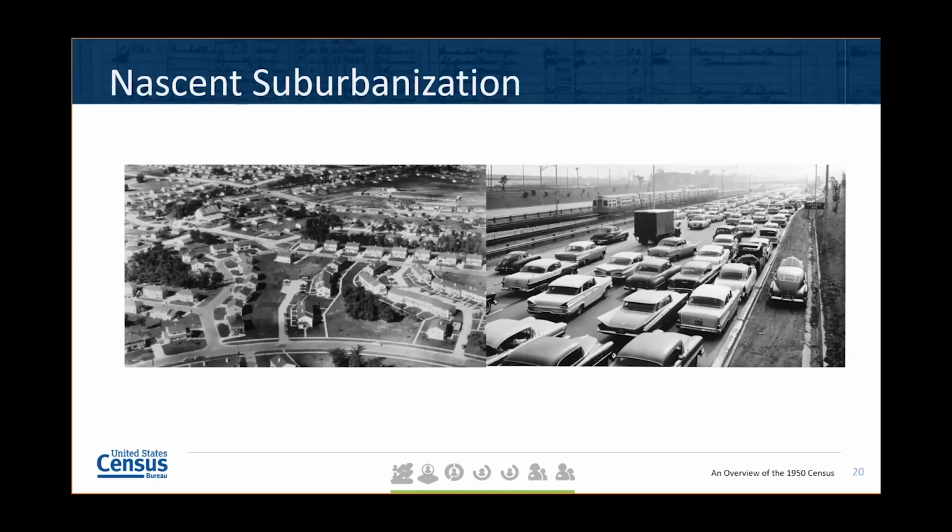Cook County, Illinois, which contains the city of Chicago, is a good example of these changes. In 1950, fully 80% of the county's population lived in the city of Chicago. By 1970, as suburbanization boomed, that share would fall to 61%, and Chicago's population declined somewhat. Fast forward to the year 2020, and the share of the county's population in Chicago had fallen to just 52%.